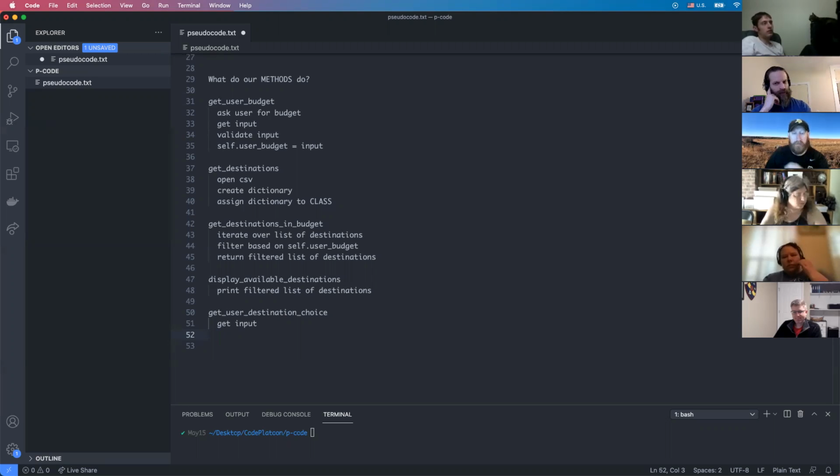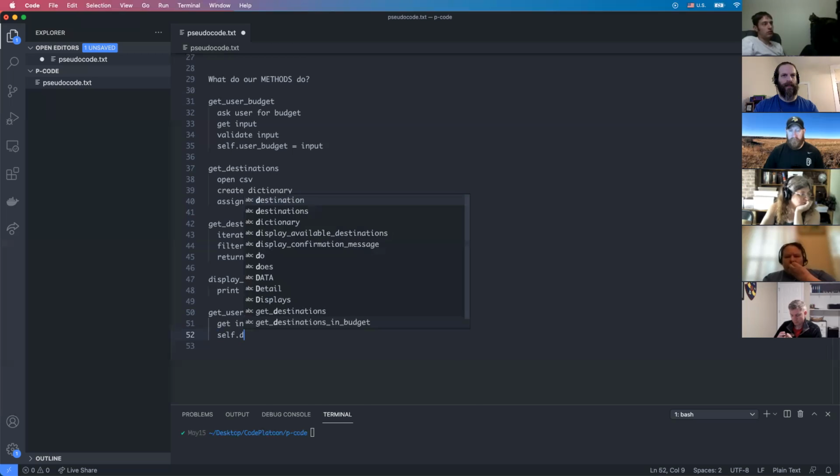Could you make an argument for anything else? Since it should change with each different user, I think you can rule out class. You could maybe do a local variable. I think you could make an argument for either one. So let's do self dot